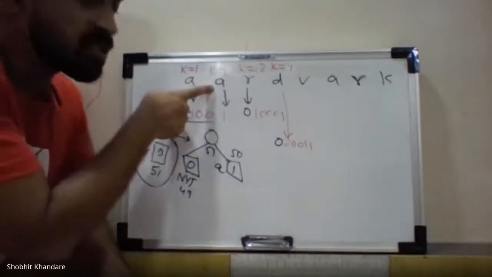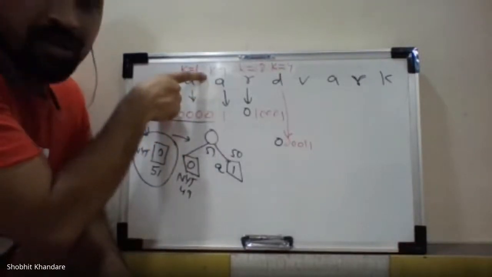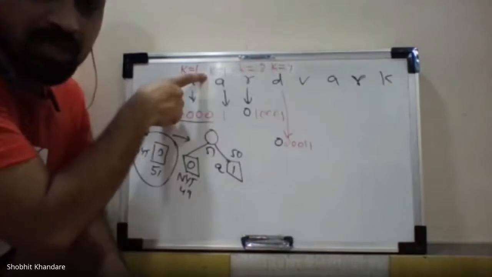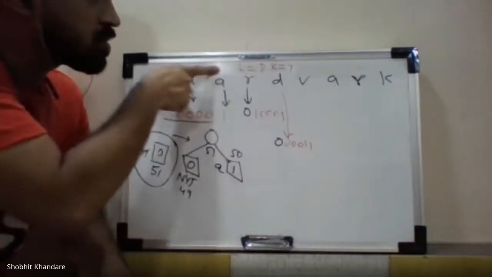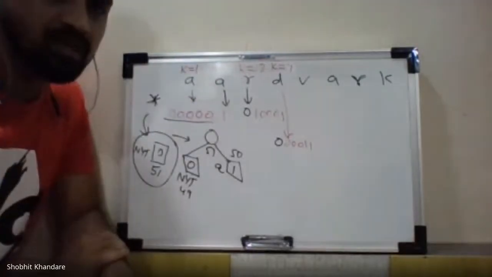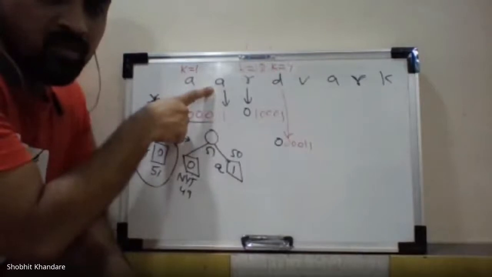So as far as A is concerned, now even I can say I do not require the K value because I do not have to find the fixed code. So I do not require the K value. So you can write it if you want, otherwise do not include this K value. It depends upon you. Okay. So A is there. Now I have to send the code for this A.